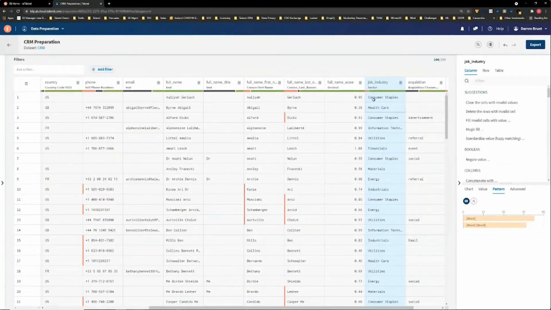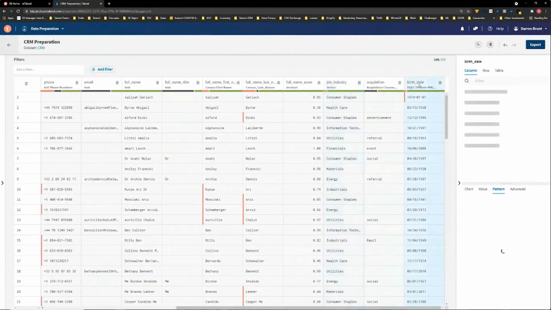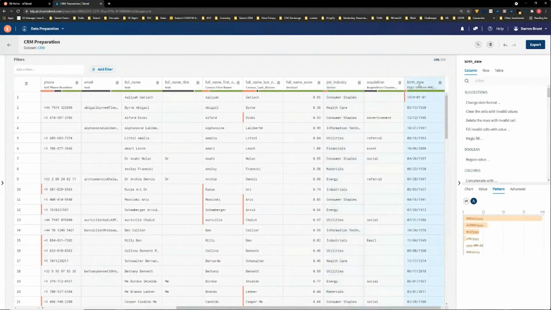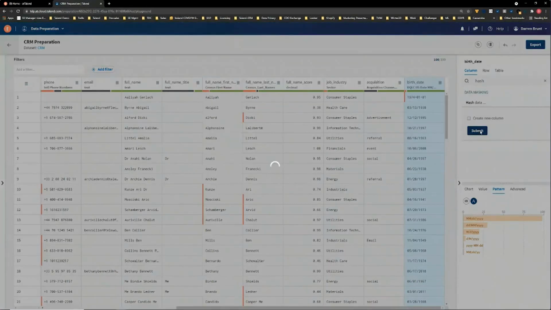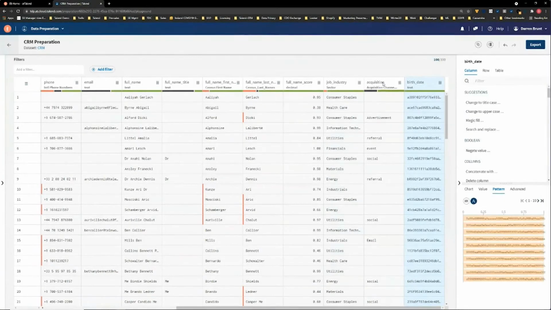So we had 22% invalid before, and now we're down to just 8% invalid. And again, I could drive some further introspection of what they represent. When it comes to PII, for example, you might not want to propagate the birth date in its current format. We might want to keep it there to understand that we have a birth date, but we might want to hash it, for example, to protect it from a privacy point of view. So again, I might apply a hashing algorithm to that to hash the birth date.